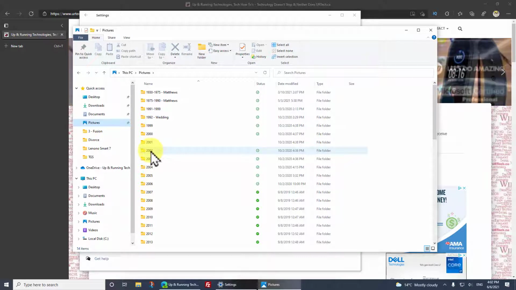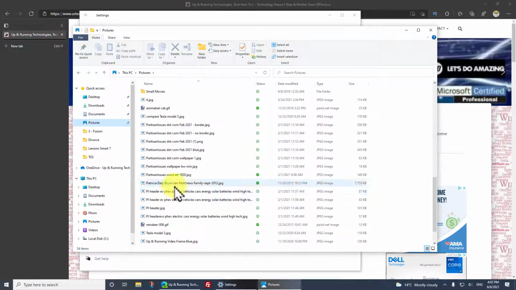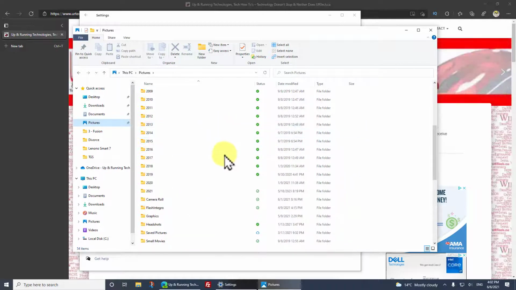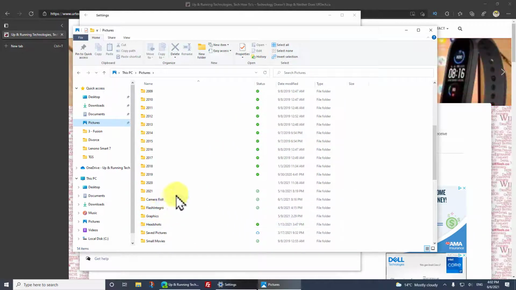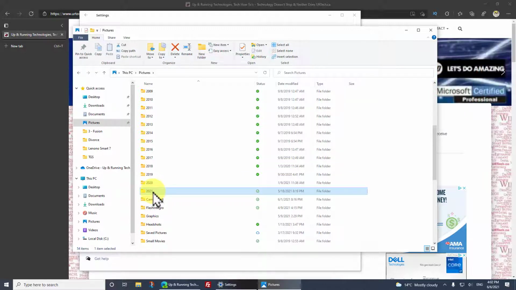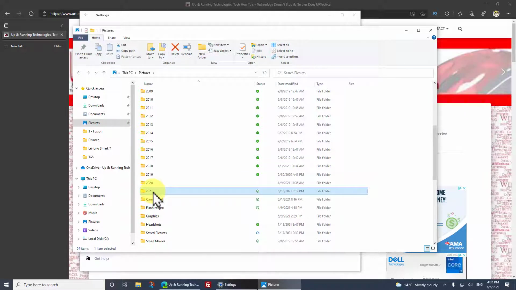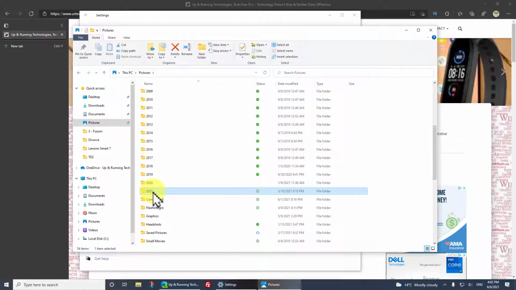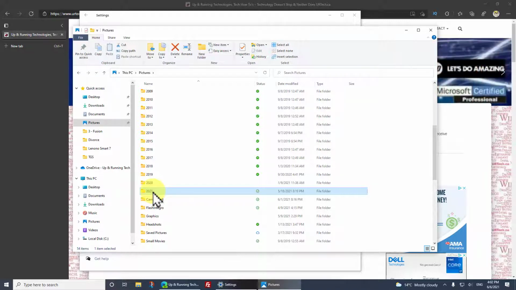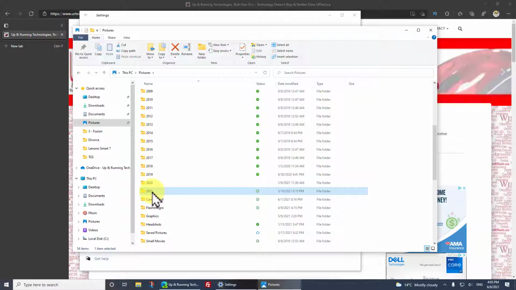But if I did, say I really wanted to keep, let's go with this folder, this 2021 folder. I really desperately needed to keep this on my local computer. And why would you want to do that? Well, let's say because you have a laptop and you're working on data while you're on a plane sometimes. The point is, there is a reason to have stuff kept on your local machine sometimes, but for most people,